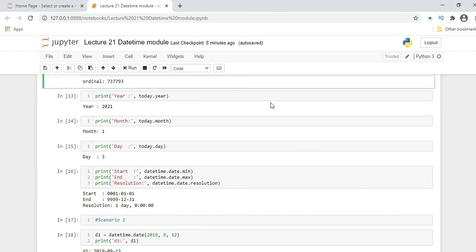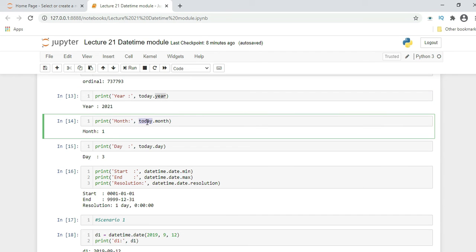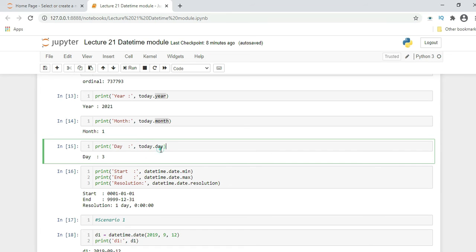Similarly, if you want to see the year, today.year, this year is 2021. Similarly for month, today.month, so this is the first month, means Jan. Today.day, so it would be the third day of the month, means third Jan.